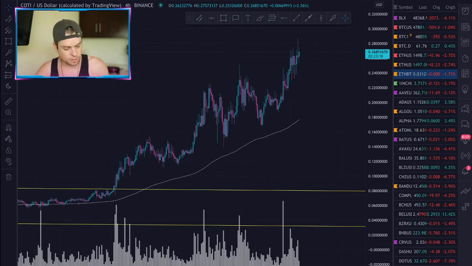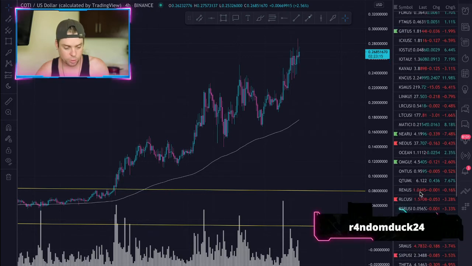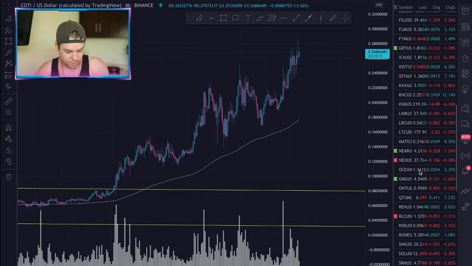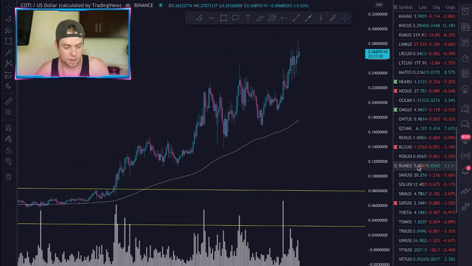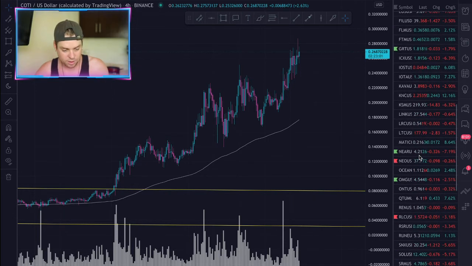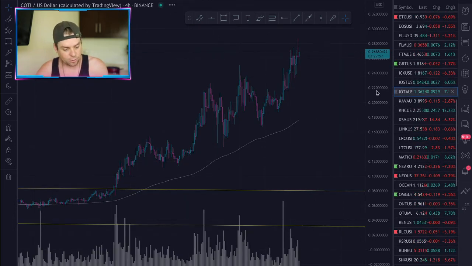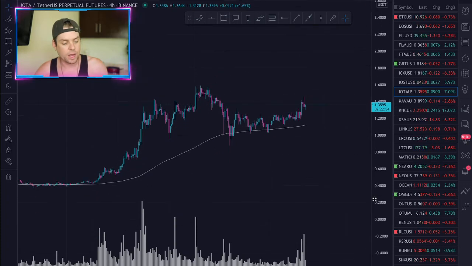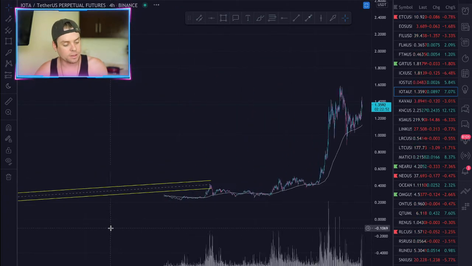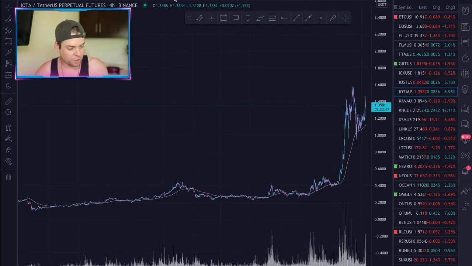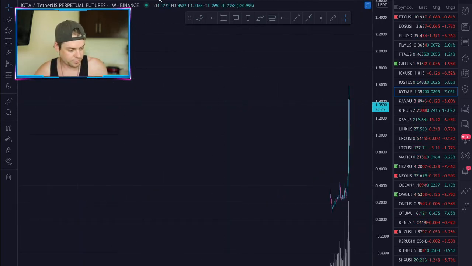Okay, IOTA pumped a lot today. IOTA has an incredible point and figure count, now that we're on the topic. Point and figure, for those who don't know, is one of the original styles of analysis. It was utilized by Richard D. Wyckoff to get what he called accumulation counts. These counts basically measure the volatility over time. So the longer an asset is in an accumulation, the higher the count.